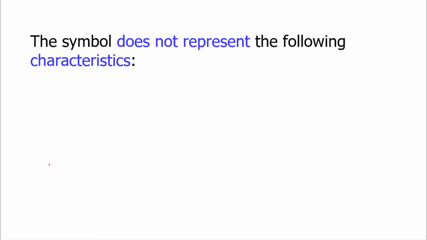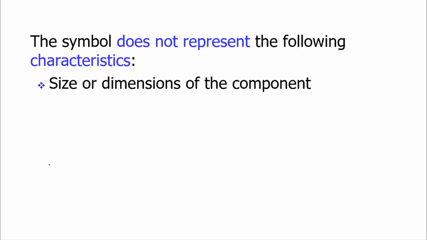But what it is not indicating, what the symbols are not representing. So these characteristics are the size and dimensions of the component. The sizes may be very large or very small. Huge sizes of the components such as the motors, tanks or piston cylinder arrangement, to draw them on the paper it's very difficult. So the size and the dimensions are not being represented on the paper or in the digital drawings which we are using commonly nowadays.